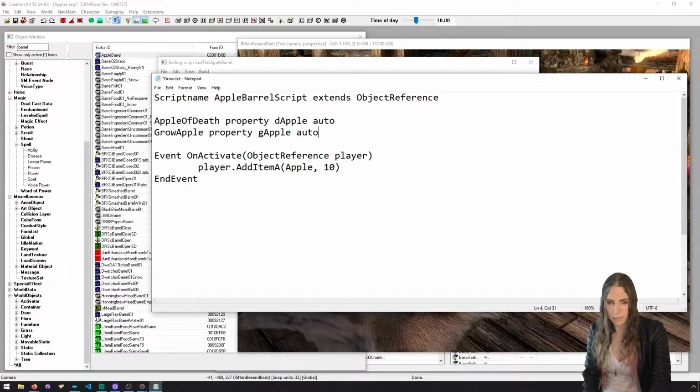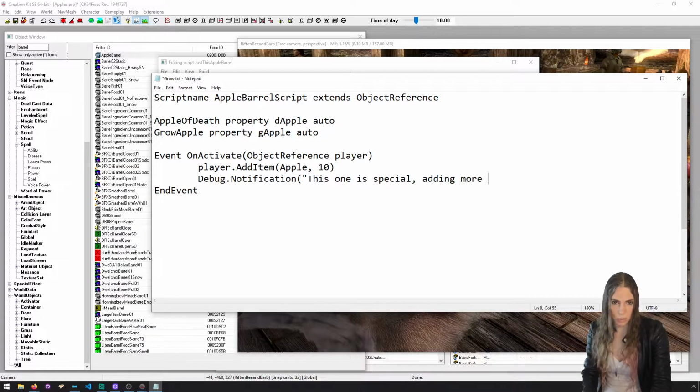I don't like these names, but whatever. Go apple, apple. This one, because it's special, it's going to say debug notification: this one is special, adding more apples. And we'll give the player